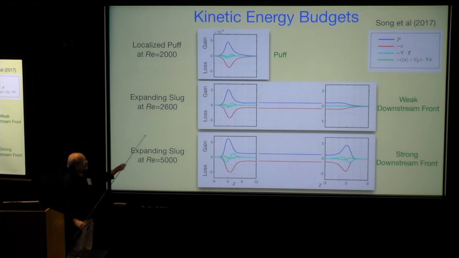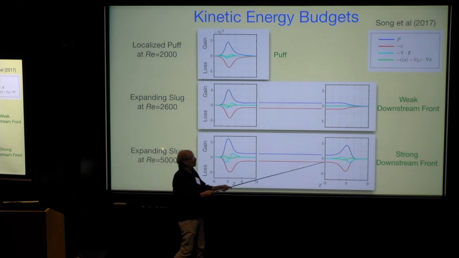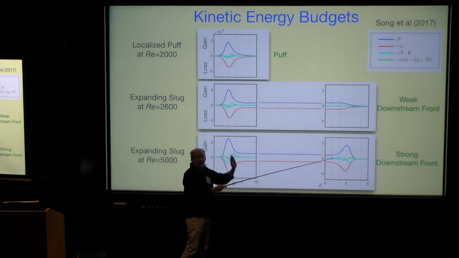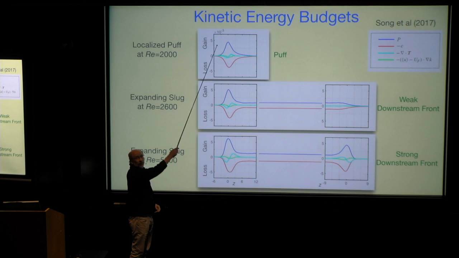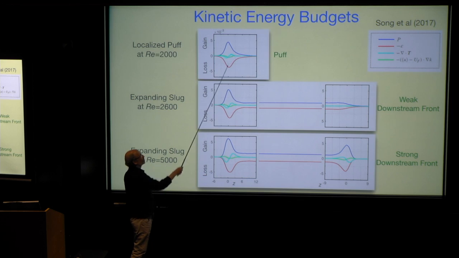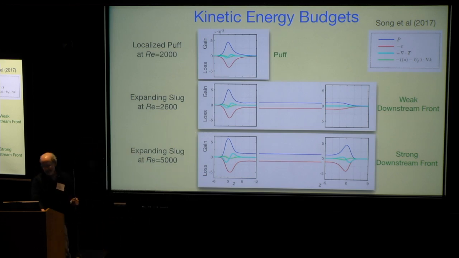Just to show you, I want to make one point here. There are actually two kinds of slugs. Nigel mentioned this very briefly. There are ones where you have a strong downstream front, entraining flow downstream, and then you have another kind. What I really want you to see from this is that the upstream front is continuous as you decrease Reynolds number, going from the slug regime to these localized puffs. That front just stays the same, and you can see what a puff is. It's just what survives from there. That's the message I want to get across.